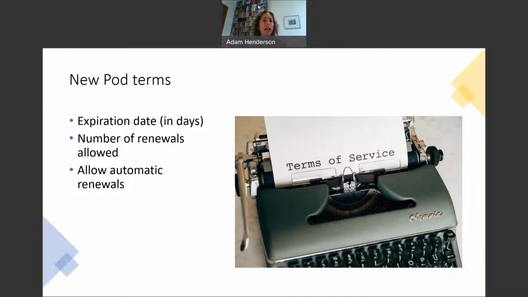And the last one is related, of course, to the whole renewal workflow, and is whether the pod allows automatic renewals. And of course, this comes from the lending side. But the idea behind having this at the pod level is that everyone agrees that this could be the way of managing renewals so that it makes the whole workflow more efficient. So let's take a look at an